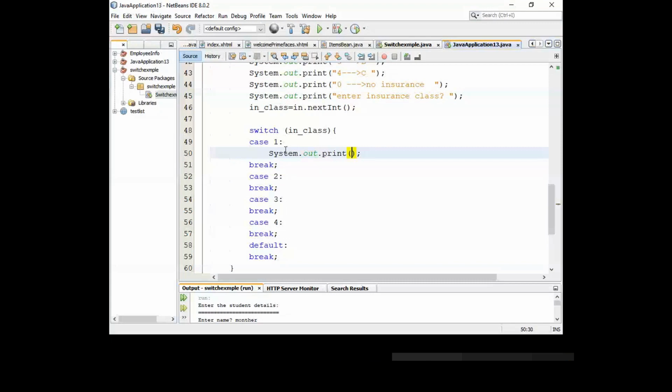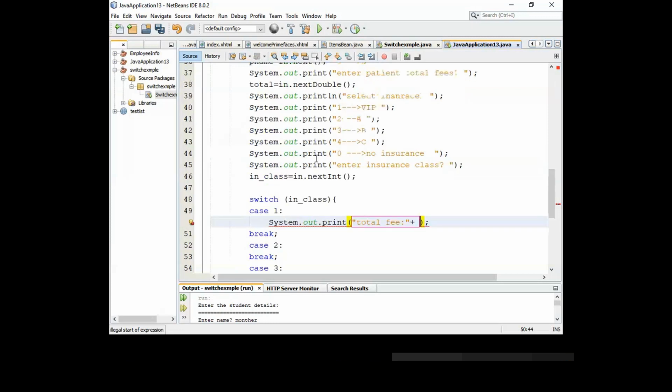I will say total fees is equal to what? Total fees plus, we have to say what? It's equal to the total that you entered here, total fees, which is equal to the total here,